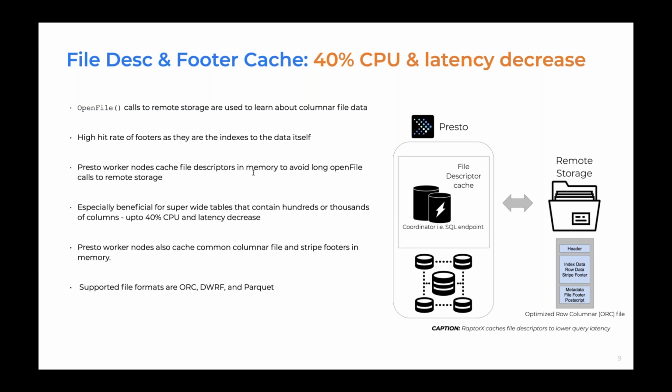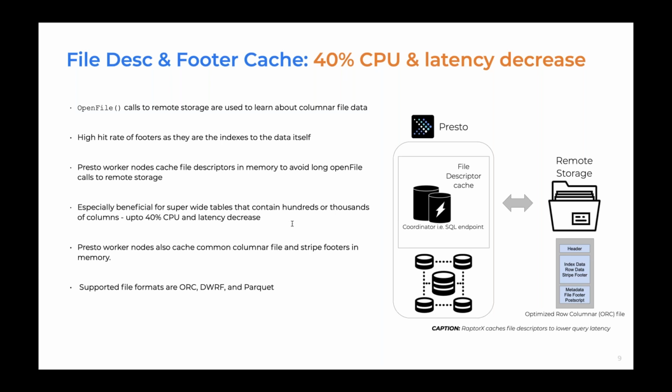The footer is the hottest block in the file, and it is read again and again. No matter what column you're reading, or where you are reading, the file footer and the stripe footer are the first information you will have to read. Caching those has saved us 40% CPU, and latency is decreased. The gains are pretty good, primarily because